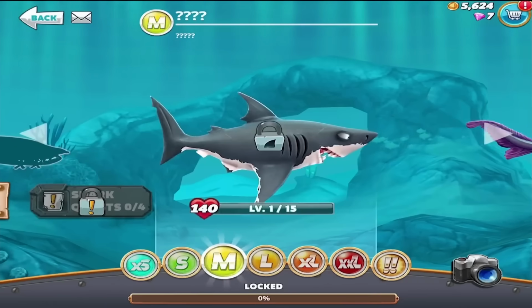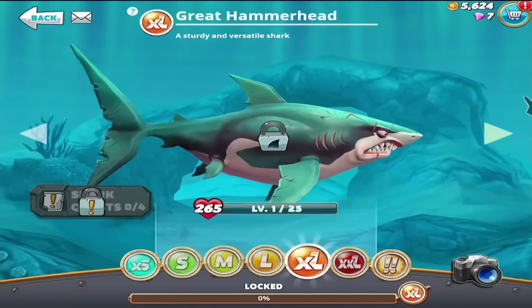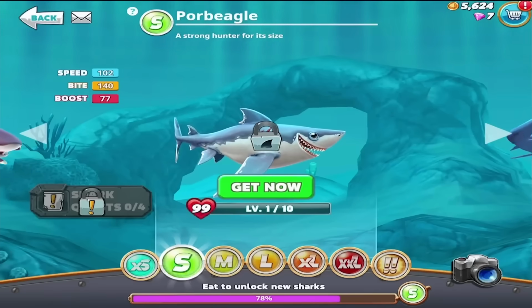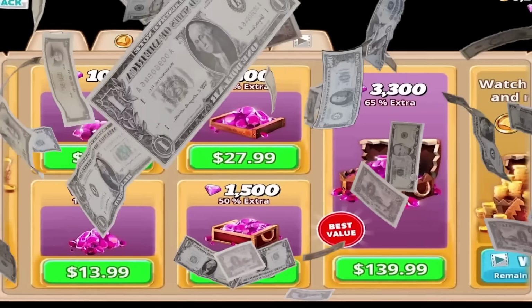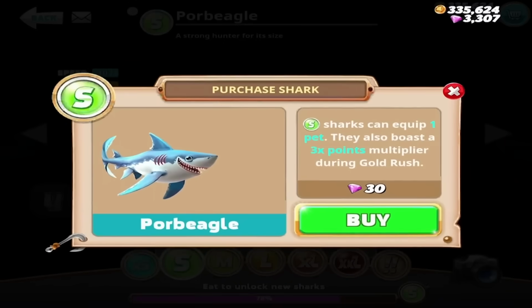And then there's medium sharks. Then there's large, and then there's extra large, and then there's extra extra large, and then there's something beyond that, which is pretty much him. I think for now we can jump up to a small shark, and to do that we just need to buy a few things. Alright, now that we got that out of the way, we're gonna get Horbeagle, which means